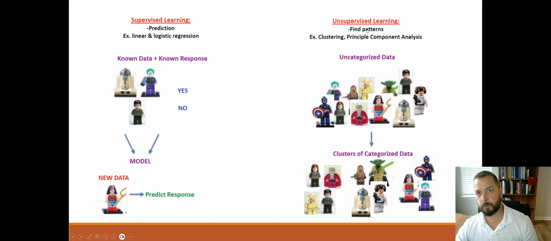Unsupervised learning, on the other hand, is really looking for patterns that are associated with our data. So if I have an uncategorized data set, a whole host of different characters in this particular example, my algorithm doesn't need to know what the response is going to be for our particular outcomes, because the algorithm is just going to cluster this large amount of uncategorized data set into categories